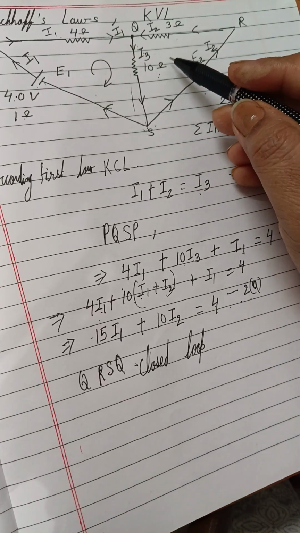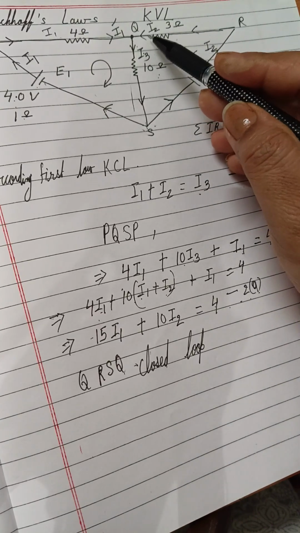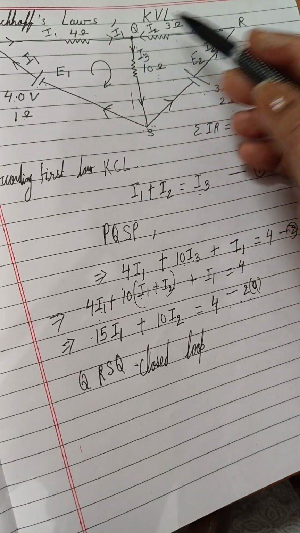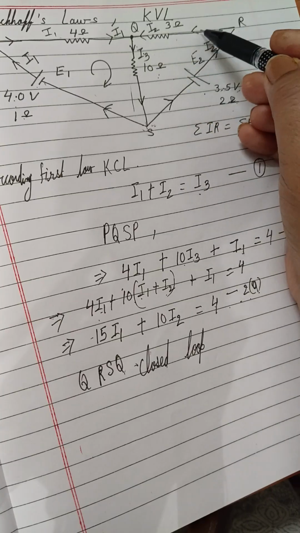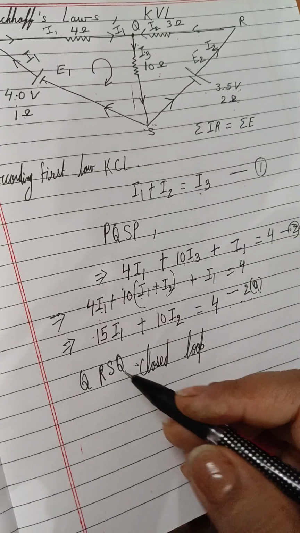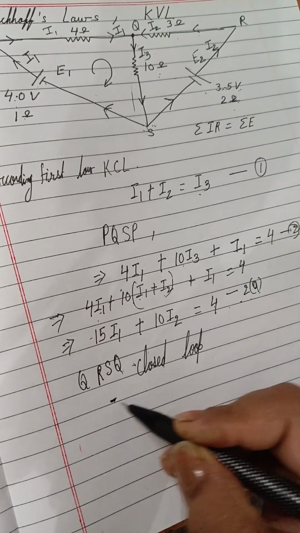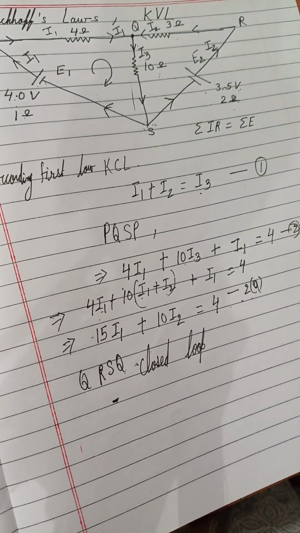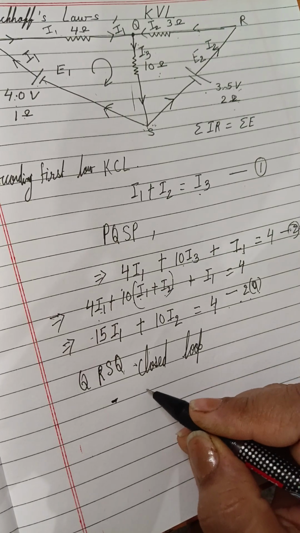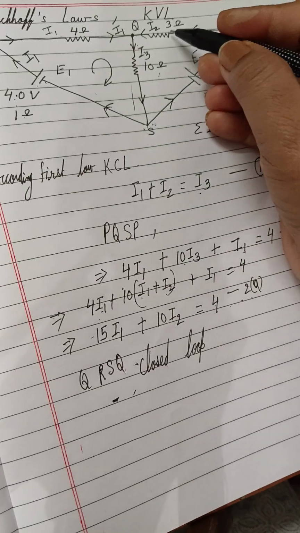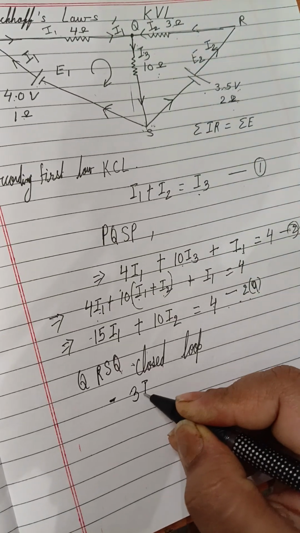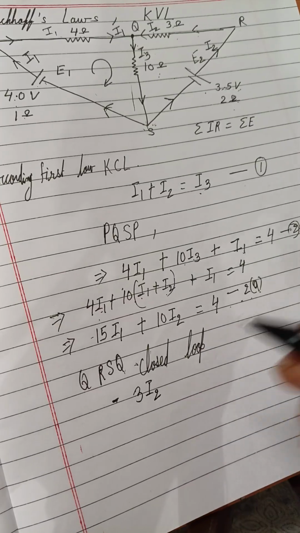Now when we apply over here the closed loop QRSQ, we have written this one. Okay, so you can see that the direction is reverse. You see that the direction is reverse. So when the direction is reverse, then we will write minus, and then 3 into I2, we will write 3 into I2. Okay, then the next,